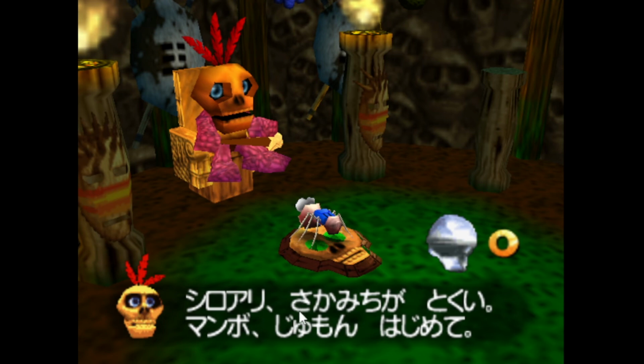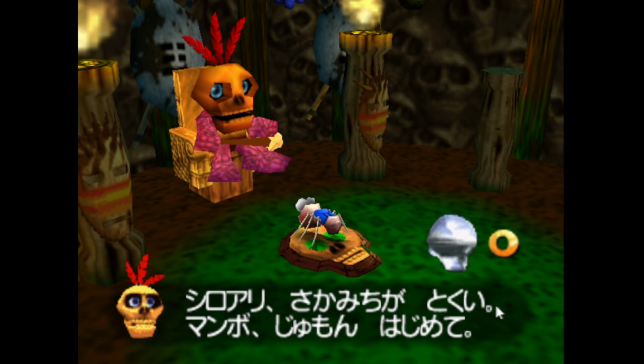Sakamichi ga tokui. Sakamichi, okay. So sakamichi is like hill roads or hill passages or hill paths. So I guess he's just saying, like, walking on hills, basically. Tokui means to be good at something, basically.